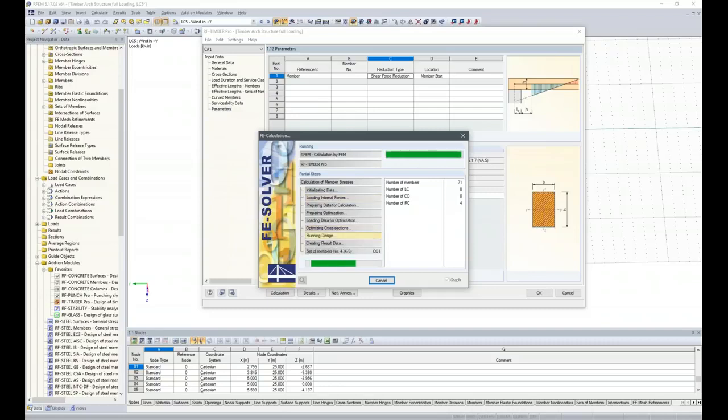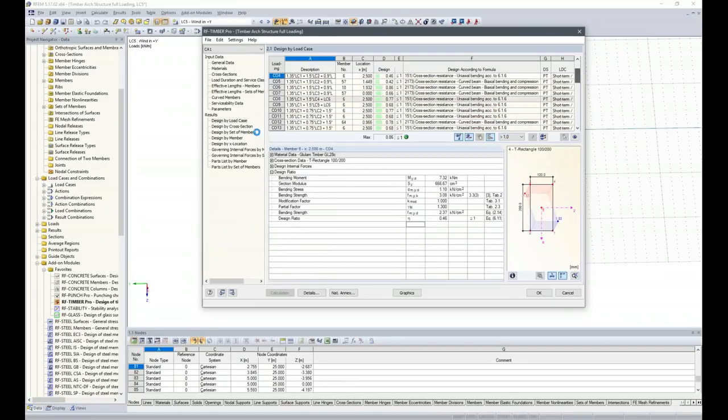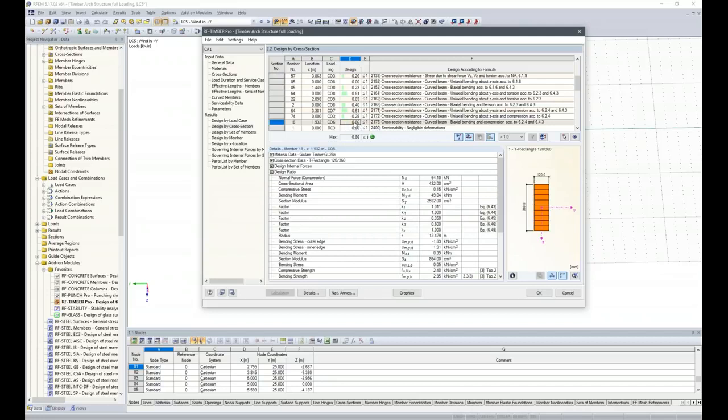Now we are doing the Timber Pro design. And we have some results. We have a maximum design ratio of 86%, which is obvious because we said that we don't want to have a ratio higher than 90% for the optimization, and in this case it's these